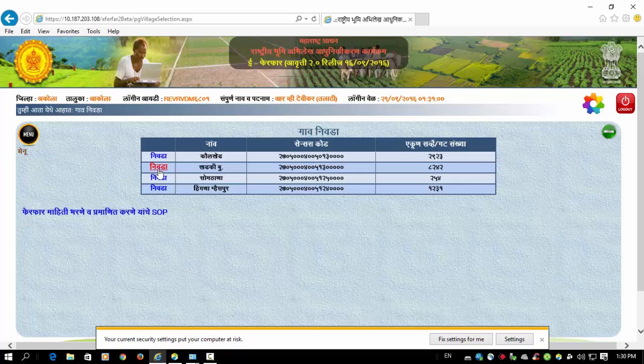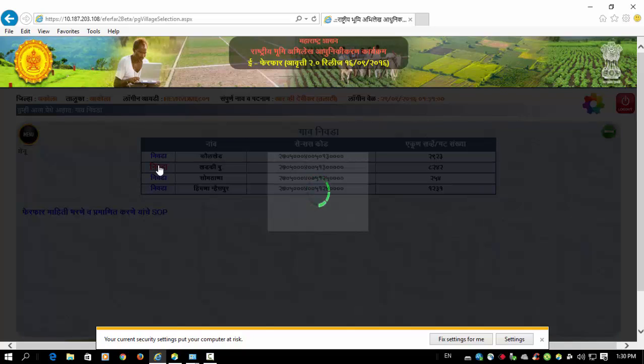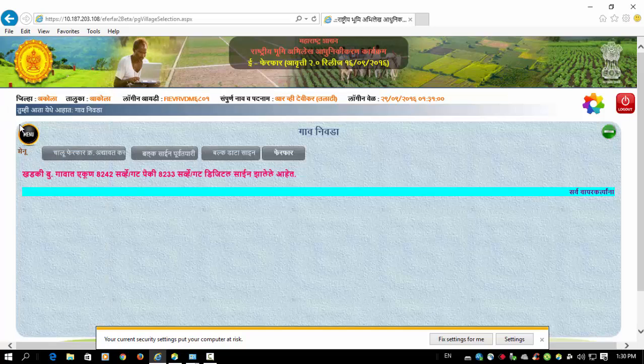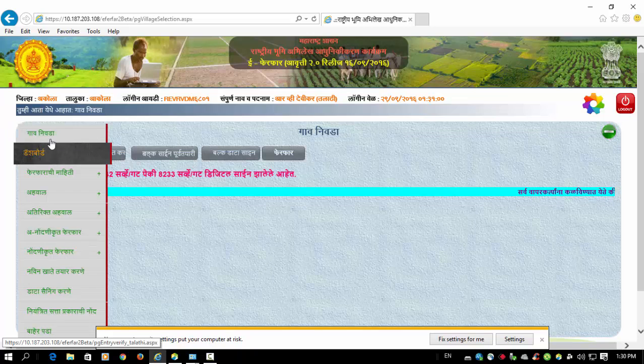Now among these four villages, we will select one for the e-mutation process. We will select Khadki Buzruk. We have to click the option Niuda. It will display the village name, census code, and total number of survey numbers of that village on the screen. After selecting that Khadki,